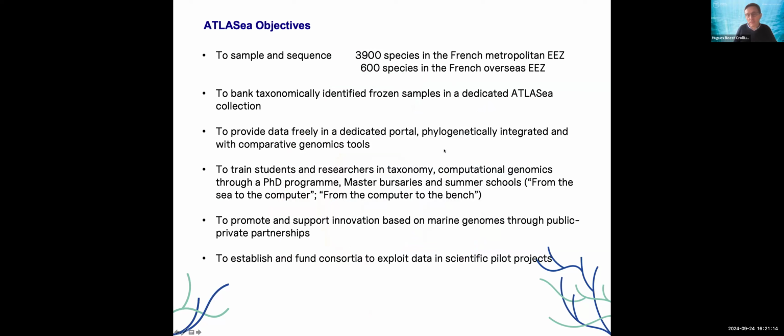And we will provide all the data freely to the community for various analyses, together with various analysis tools as well. We have a strong training program in ATLASea with dedicated summer and winter schools, funding for PhD grants and